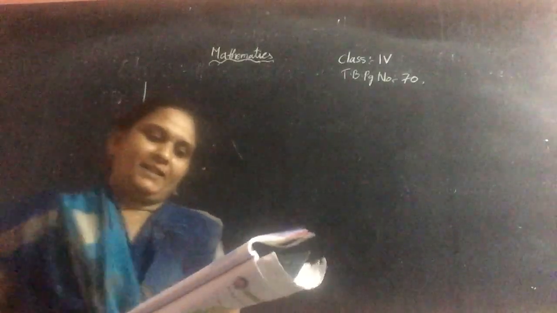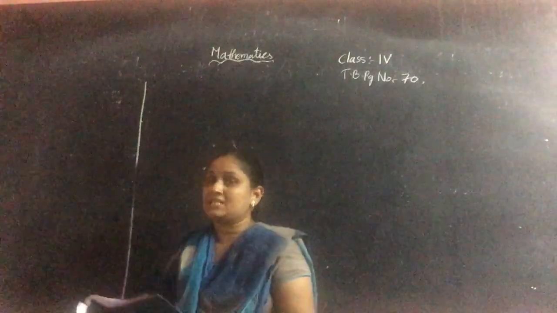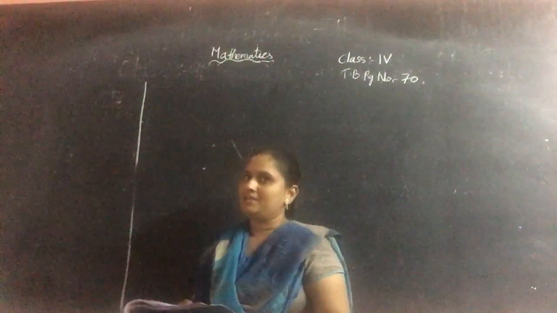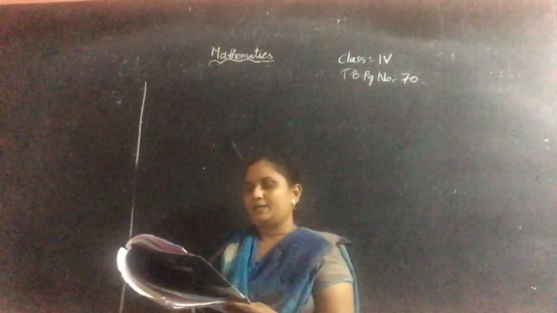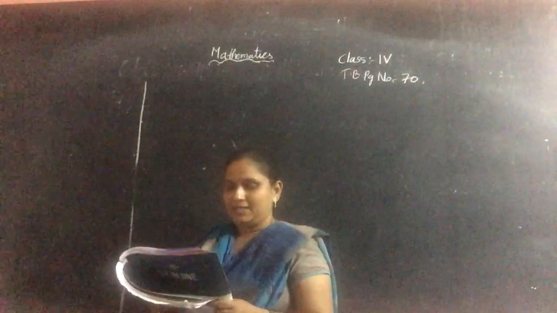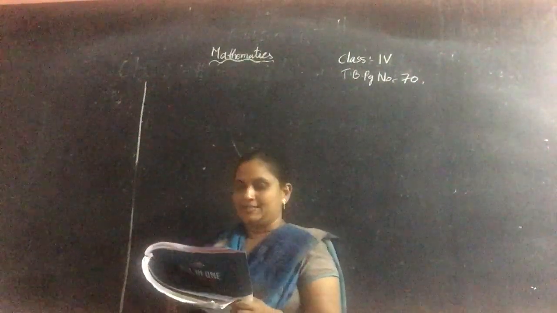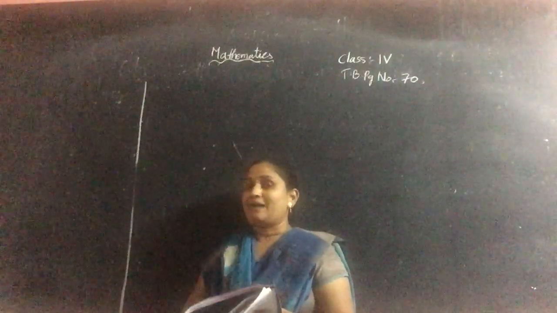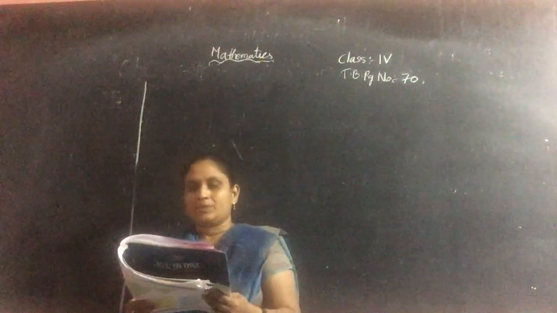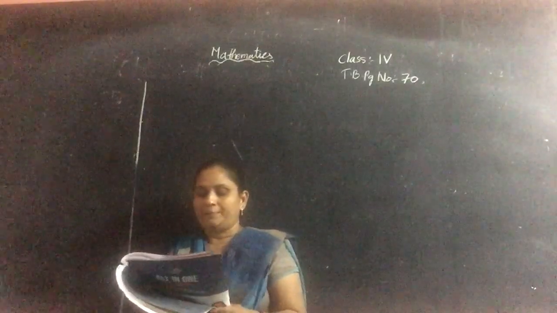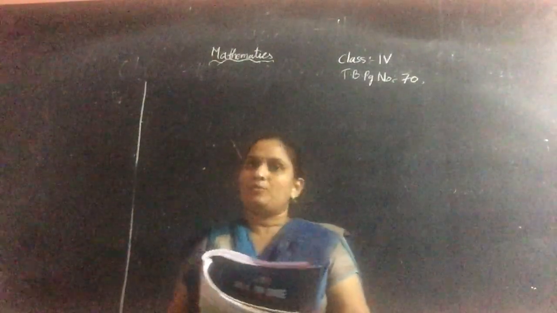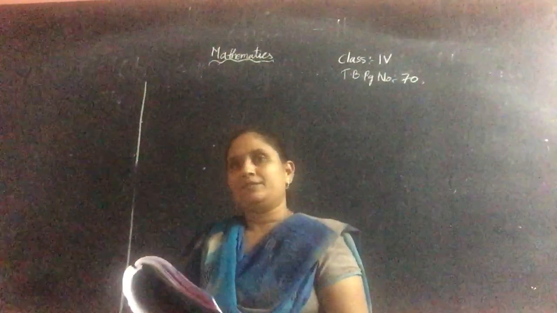Next, fill in the blanks. The smallest prime number is, which is the smallest prime number, children? We discussed now. Yes, 2 is the smallest prime number. The only even prime number, same answer. The smallest 2-digit prime number is 11. If a number has more than 2 factors, they are called dash numbers. If the numbers have more than 2 factors, those numbers are called composite numbers. And dash is neither a prime nor a composite number. Already you know that one. Yes, 1 is neither a prime nor a composite number. Like that, complete the fill in the blanks, children.